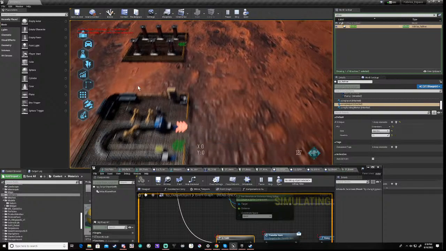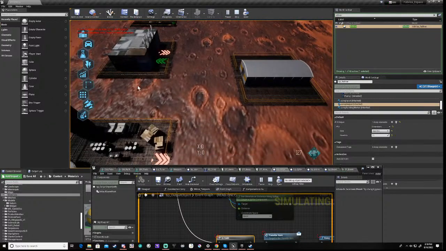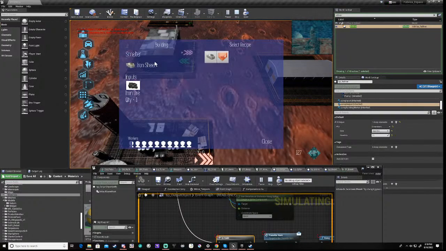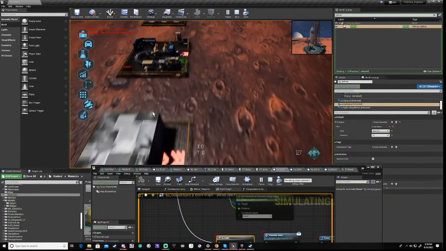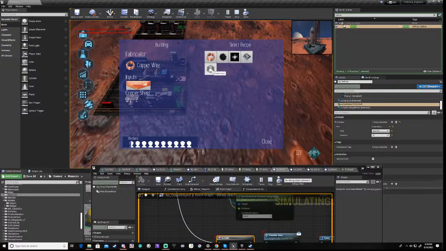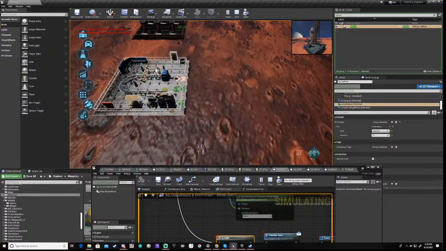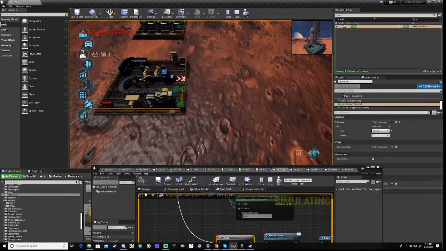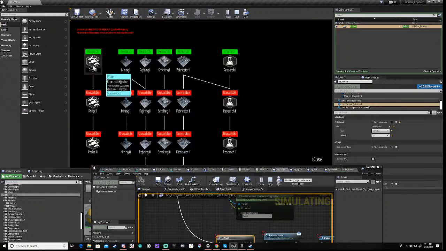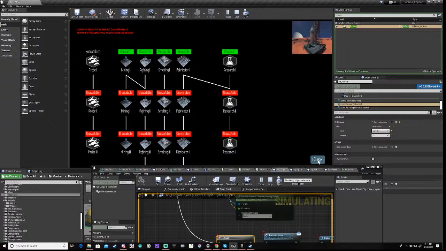Spin that around. Okay, we can set this to iron. We can set that to research. We don't need to set this, but we can bring up our research tree and start researching that. It's not going to research until it actually gets fed with